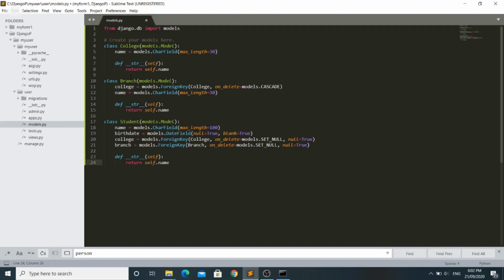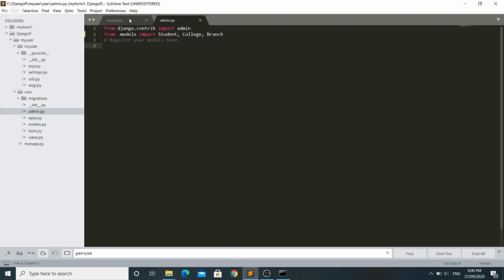The third model is student. Our student database will have the student's information. The fields are name, birth date, college and branch. Through this database example, I am illustrating how to create an interdependent drop-down list.